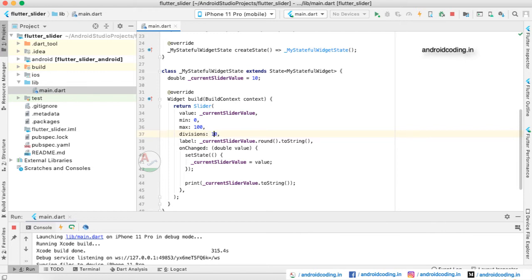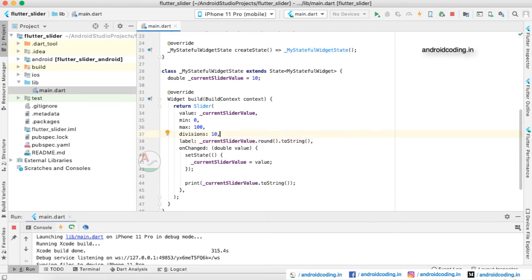For example, the general example which we have discussed, like volume, every device will provide a volume like 15 or 20 or something depending upon their operating systems. Here you can consider the minimum as 0 and the maximum as 15 or 20, and the divisions you can make as 1. Generally we make it as 1 because 0 to 15 is a small range, right? So providing 1 is optimum in this situation.